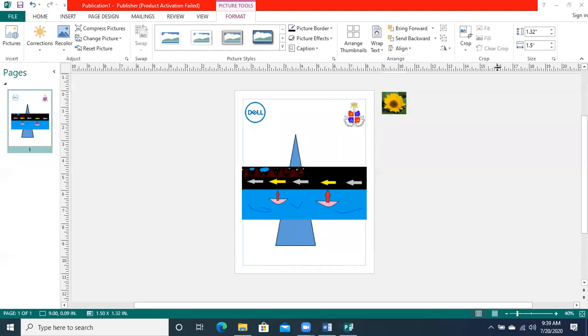That's why these are placed together in the same group. So arrange is the name of the group where we have got the arrange thumbnail option.